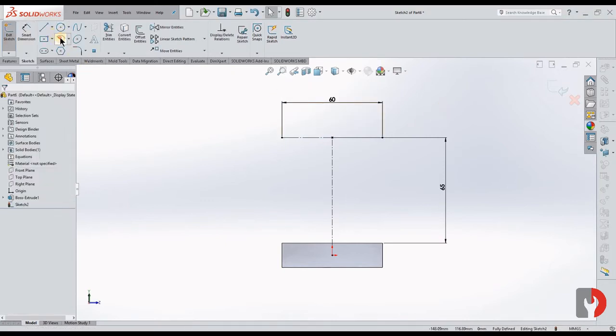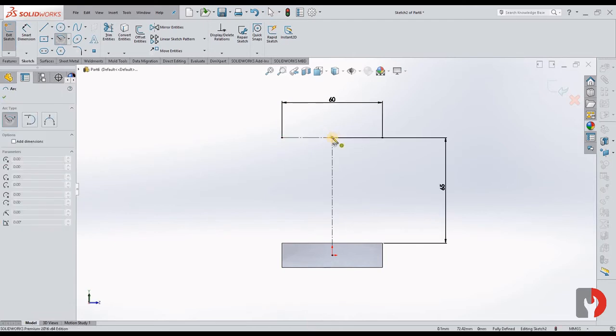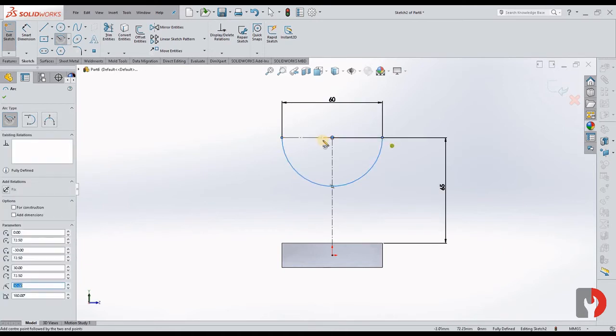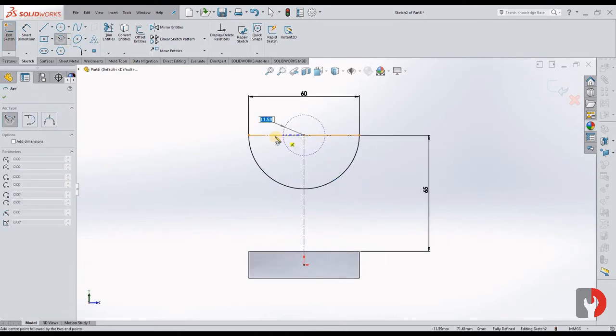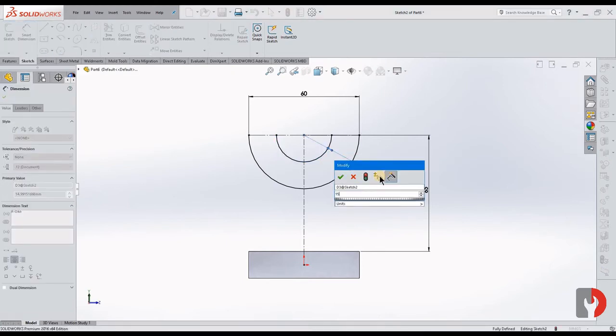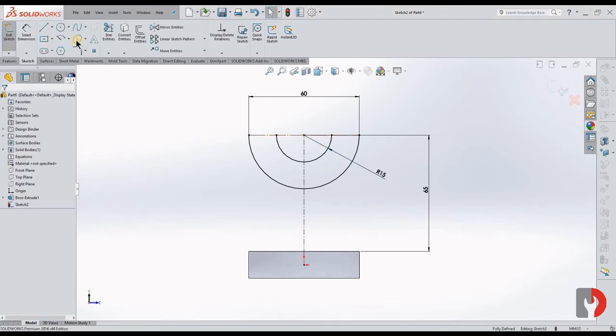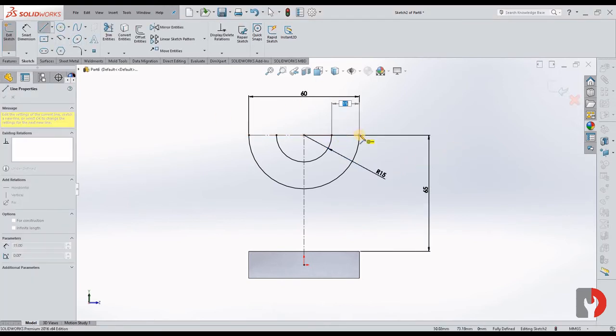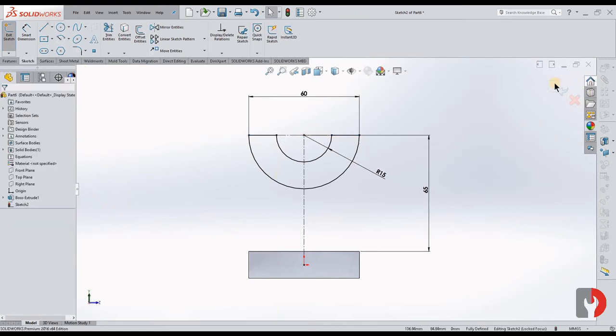Let us choose center arc, choose center, this as radius, draw an arc, choose again center arc, place the center point, give it as 15 radius, first point and the second point. Okay, now dimension it, 15 as radius. Okay, now let us join this point and these 2 points. Okay, now exit,